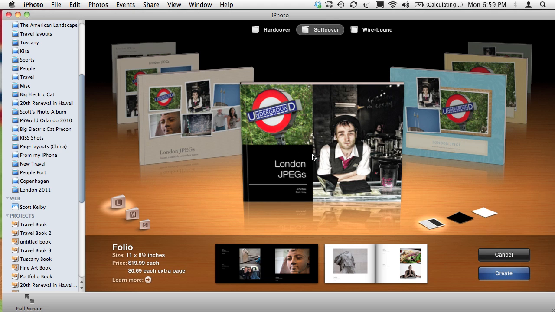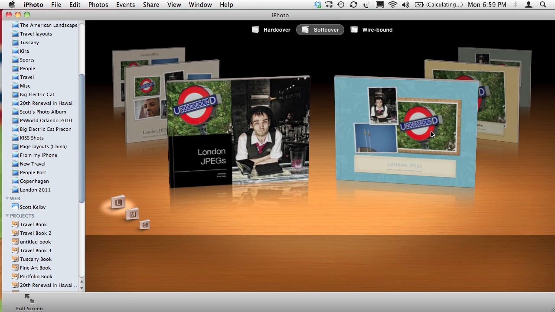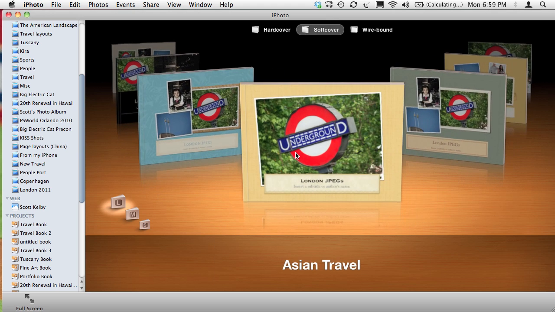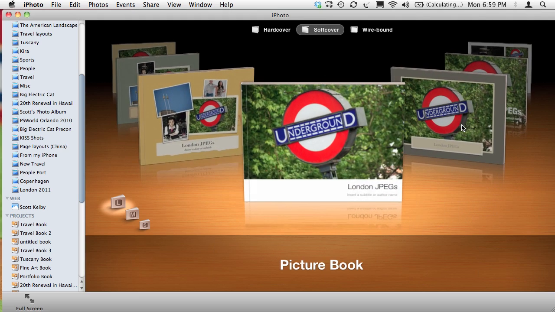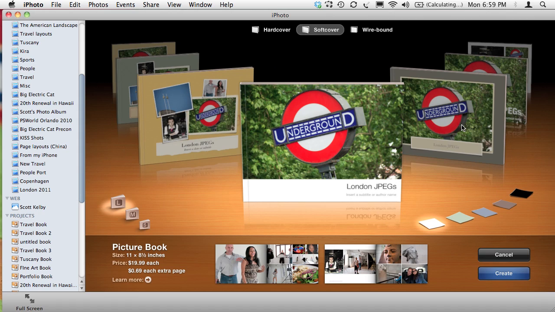Folio is the one I normally use. That's the one I use the most, but I thought I'd try something new this time, and instead did not go with Asian Travel or Old World Travel. Where was it? Picture Book. This is the one I went with right here, Picture Book. So you click Create, and it